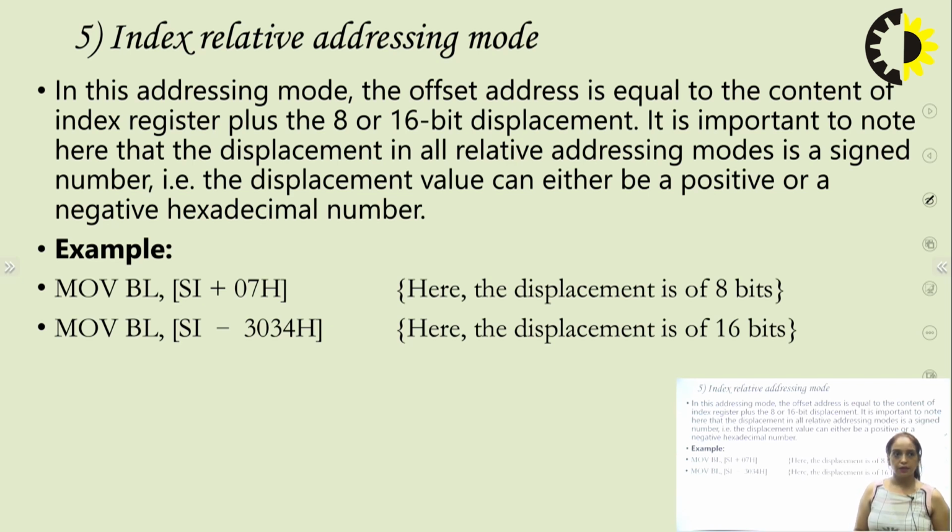So some index register plus 8-bit or 16-bit displacement will be there. In this addressing mode, the offset address is equal to the content of the index register plus 8-bit or 16-bit displacement. And it is important to note here that the displacement in all the relative addressing modes is a signed number. That is, your displacement can either be a positive or a negative hexadecimal number. For example, we have seen in the first example MOV BL comma SI plus 07H. Here we have the positive displacement,